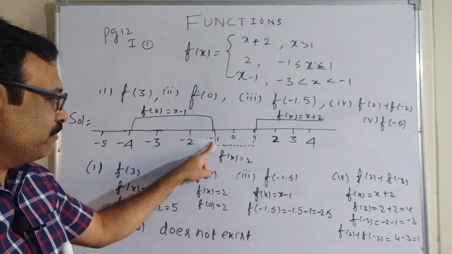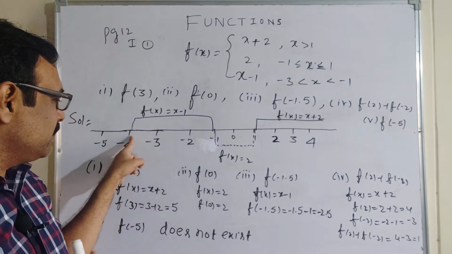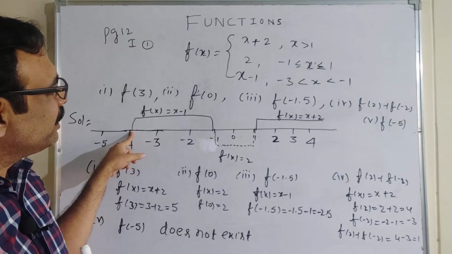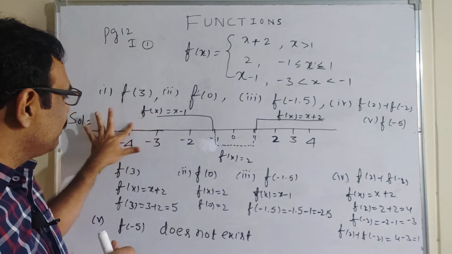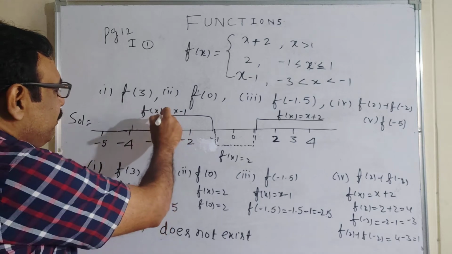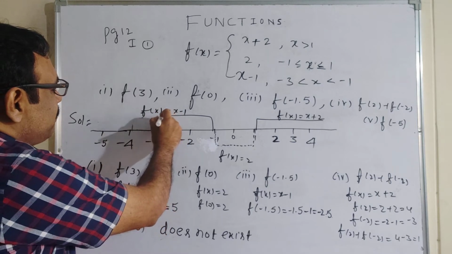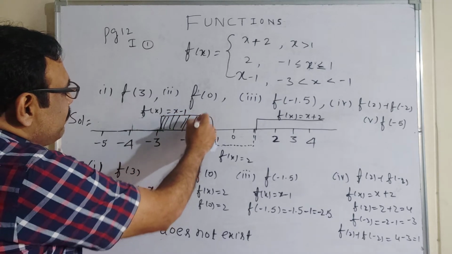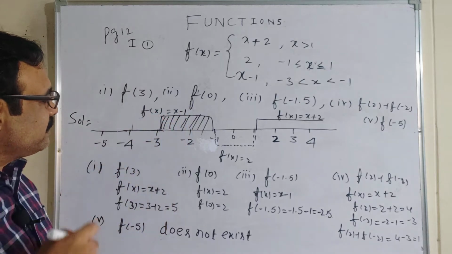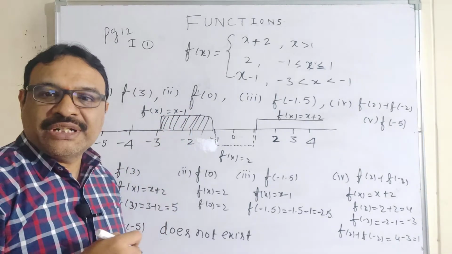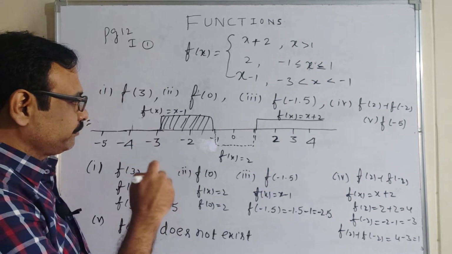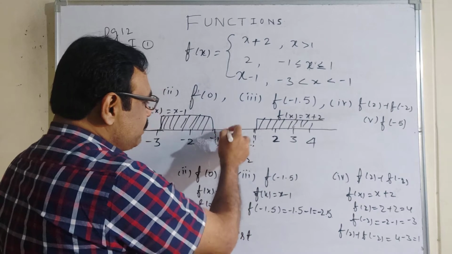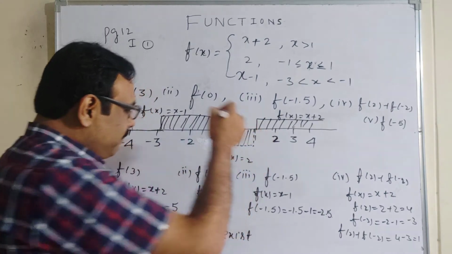Now, similarly, here x is less than minus 1 down to minus 3. Now you see here, from minus 1.1 onwards, going till minus 3.9, I have taken this part. So what exactly are you going to get? This is minus 3, in the sense that x is greater than minus 3, and I'll be taking this kind of representation. So here what does your function definition say? The function definition says that f of x is equal to x minus 1. Now coming back to the point, I am trying to draw the shaded portion, and I start defining the values.